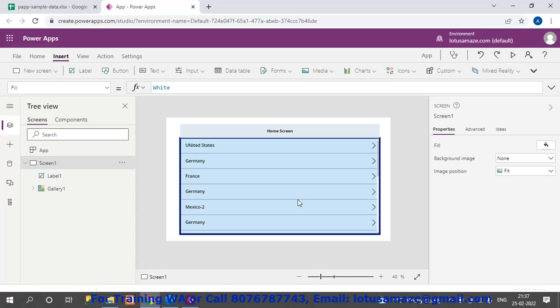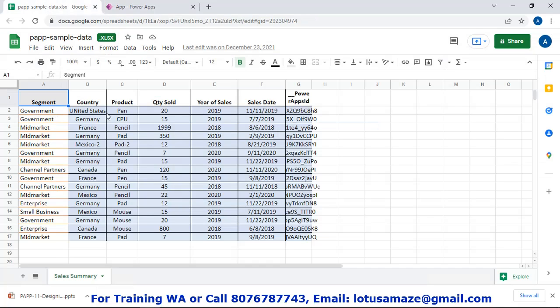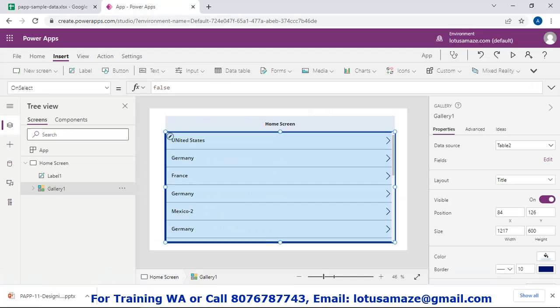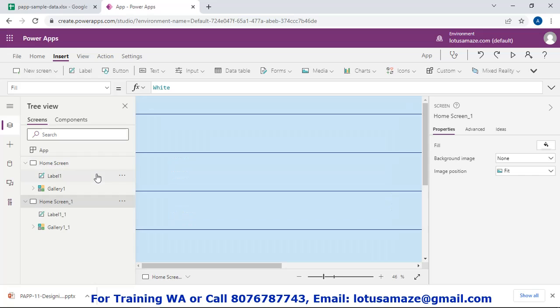So what are the details we check in the Google Sheet? So if I click on the United States, then segment, product, quantity sold. So these are the other details related to this country. How to design the detail screen from the scratch? So right now we have only one screen, that is the home screen. So we duplicate that one, duplicate, rename, detail screen,